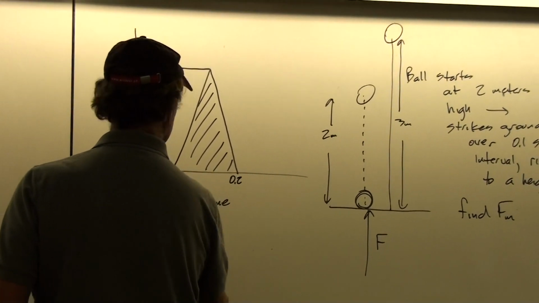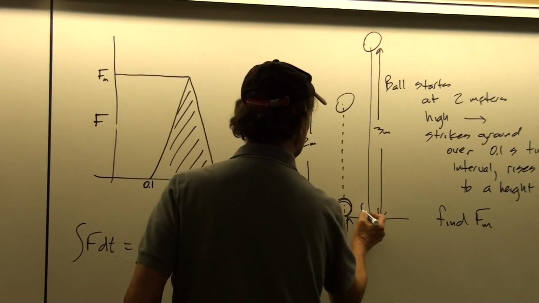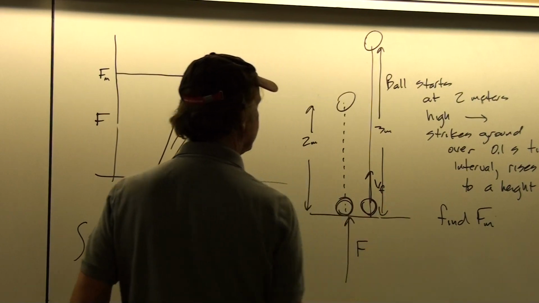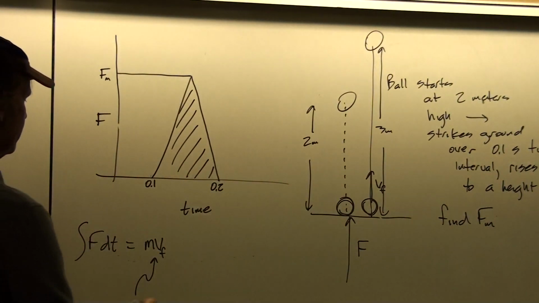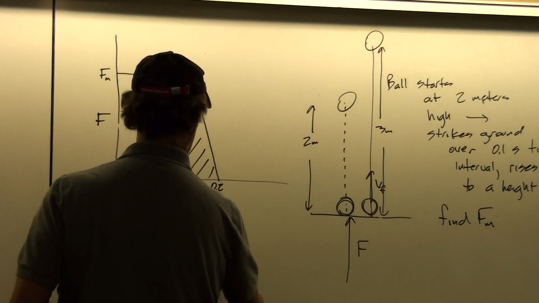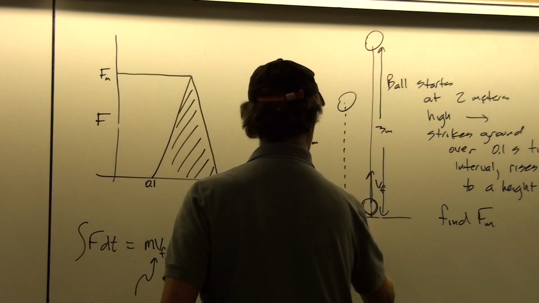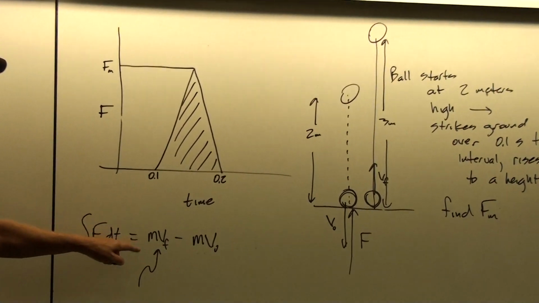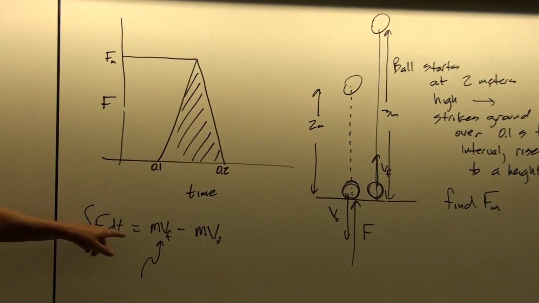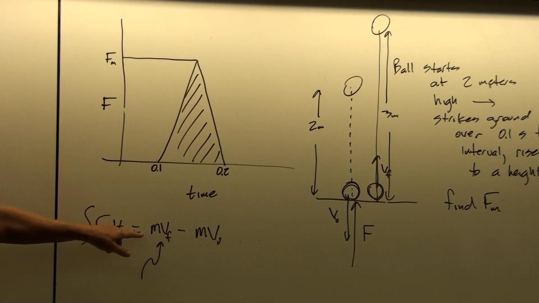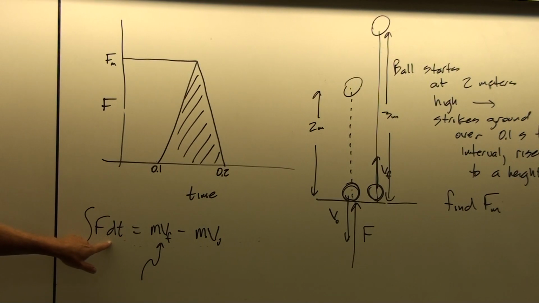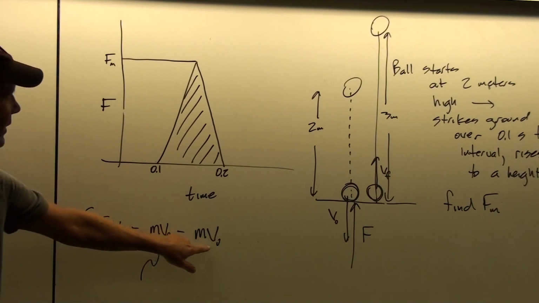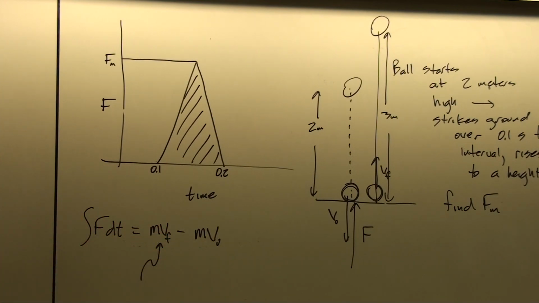So this is just after the ball loses contact with the ground. That's going to be our v final there, minus mv initial, where v initial is going to be the velocity of the ball just before it hits the surface where the force is acting. So this gives it a little extra momentum. In other words, the force function here is a source for the momentum that makes mv final larger than mv initial.